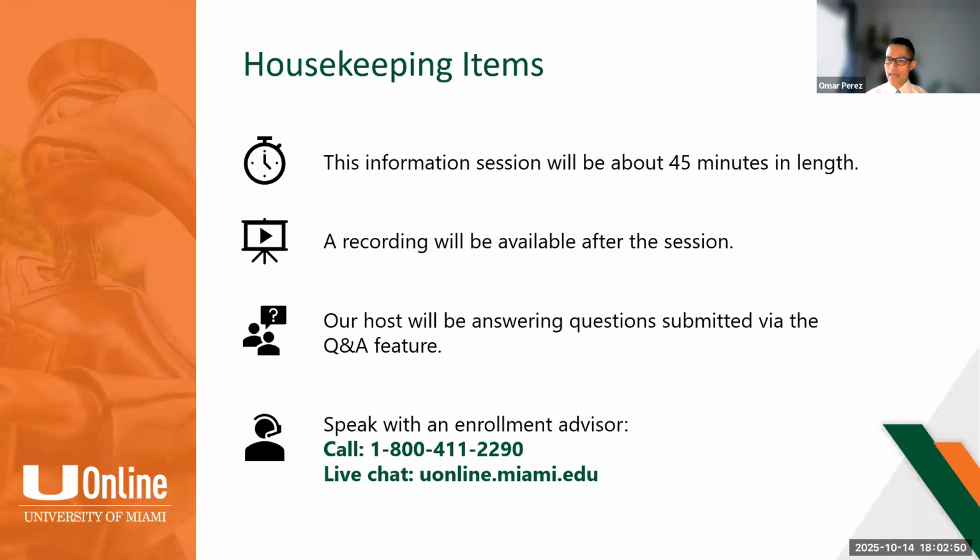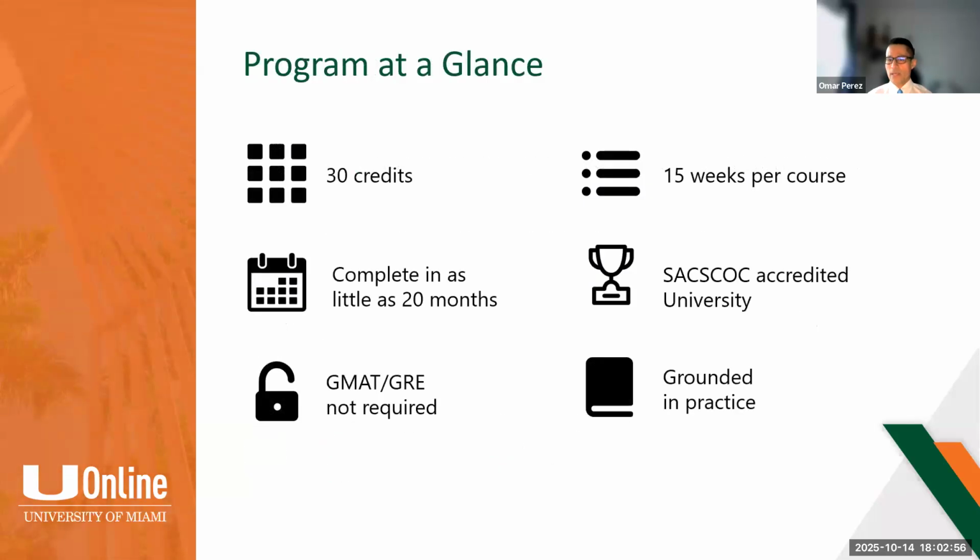With the program at a glance regarding the MAIA program, you'll see that the way it's set up is that it's 30 credits in total, which is 10 classes. And each one of those courses is 15 weeks long. They're asynchronous courses, so there isn't a mandatory time to be online. There are weekly deadlines for the assignments, but the way that you juggle your time from week to week is completely up to you. It's set up so that you're able to finish in 5 semesters. So for example, if you did fall, spring, summer semesters and did 5 consecutively, you would finish the program, which is 20 months.